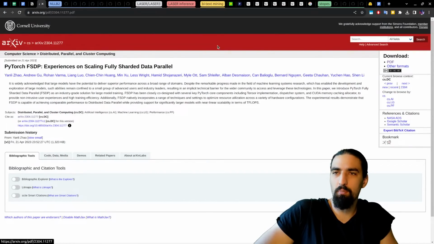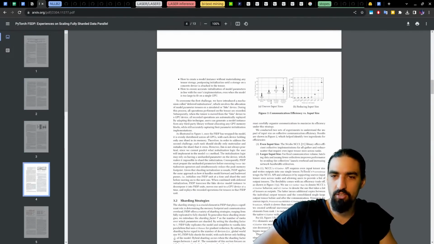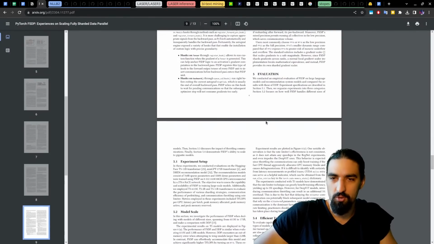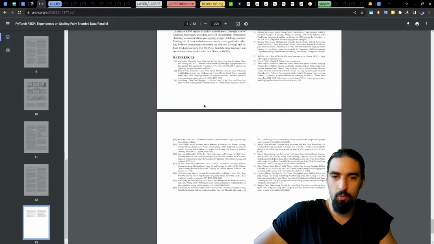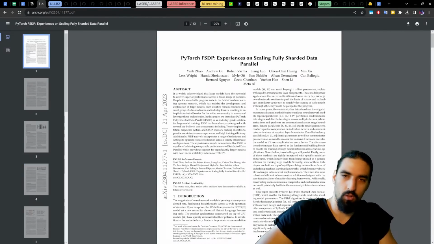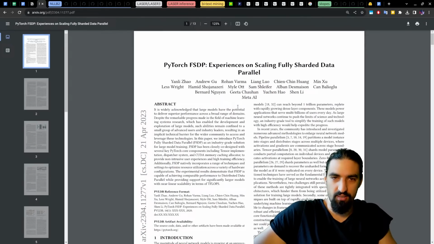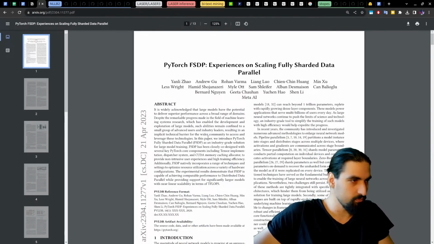Let's open it up. It will probably be complementary to the blog we read a couple of days ago, but there might be new stuff, so I just want to make sure we read it. It came out in April 2023. This is as a part of release for PyTorch 2.0. So yeah, let's skim through it. Let's first skim the abstract and the figures, and then we can go and see the whole thing.